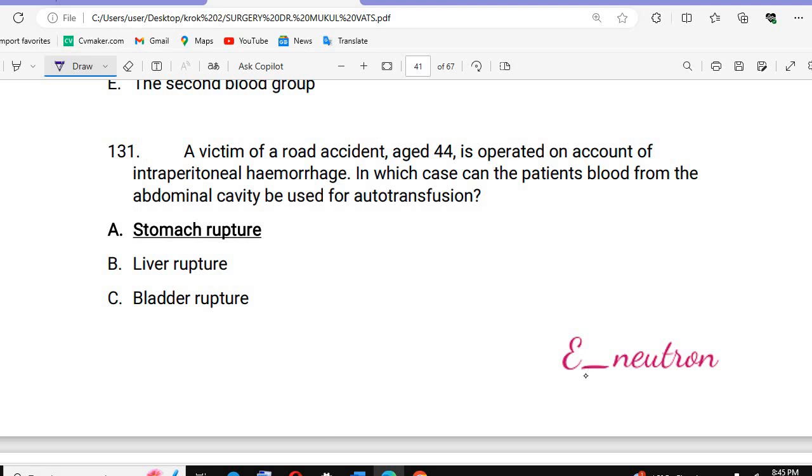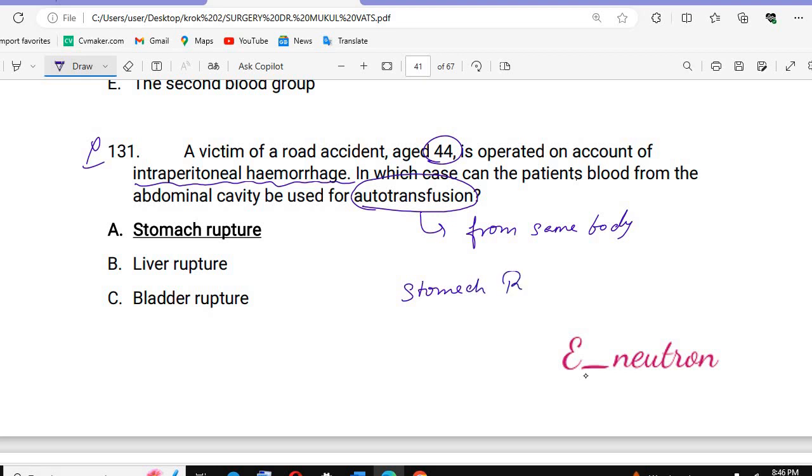After that, this question is just a silly question, but it can be possible. If the patient, aged 44, is operated on account of intraperitoneal hemorrhage, in which case is the patient's blood from the abdominal cavity used for autotransfusion, from the same body? Now see, if we have a stomach rupture,